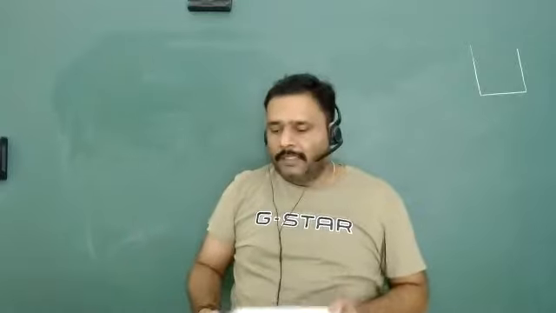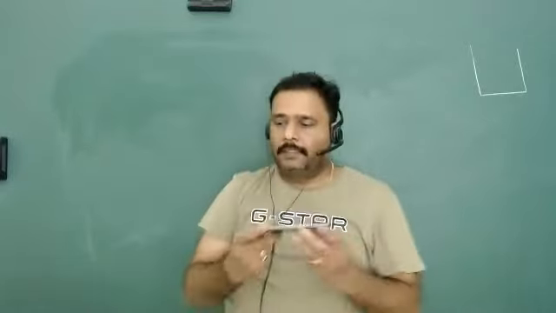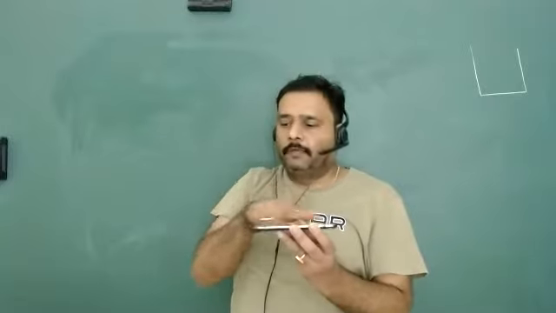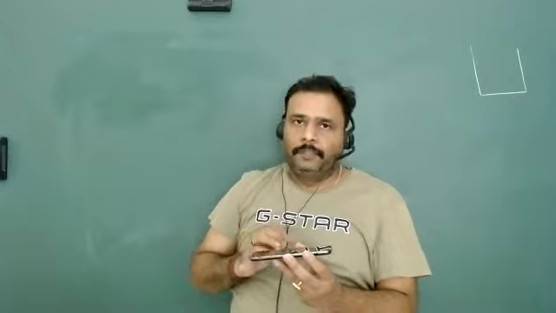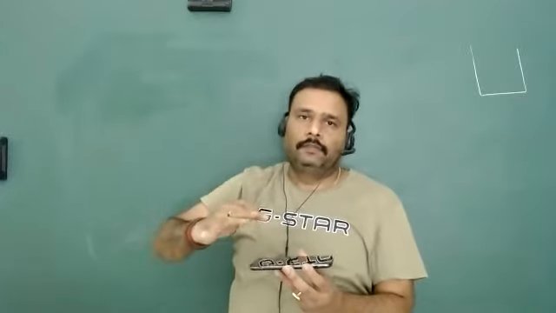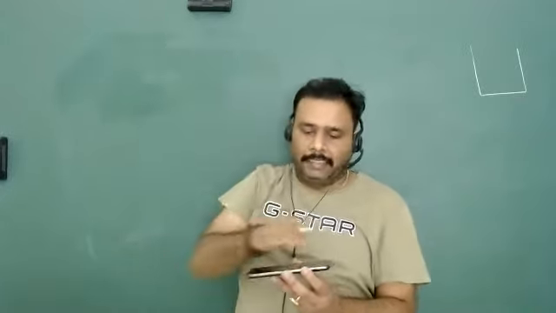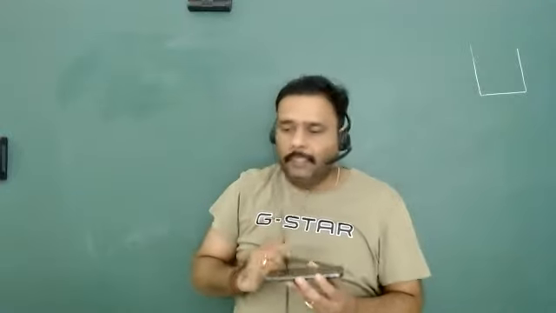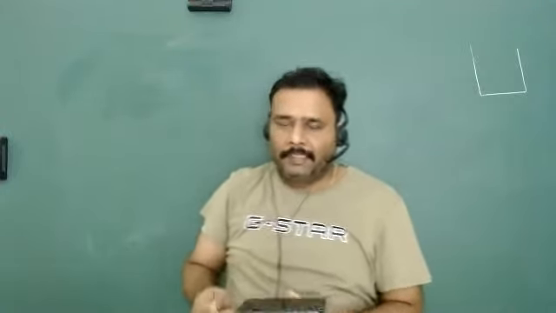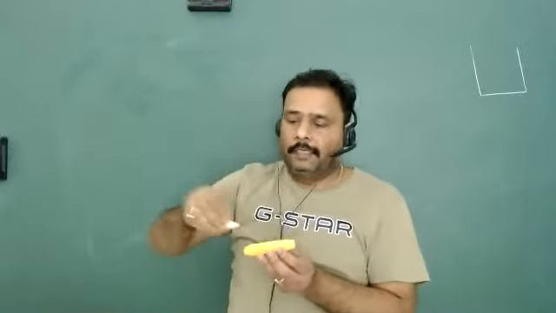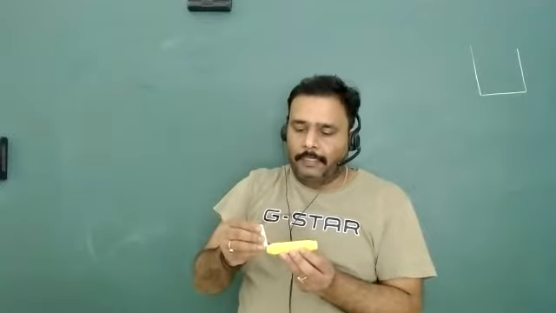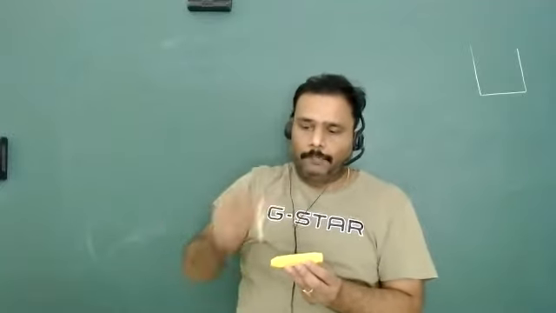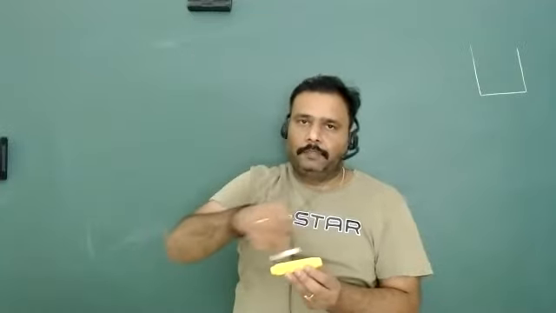What is the meaning of a two-dimensional box? Suppose you are talking about this mobile plane. The particle is moving only in the x direction and y direction, so we have removed one dimension, the z direction, and it becomes two-dimensional. What is the meaning of one dimension? The particle can move only along the x direction, and it is confined, meaning you put a wall here and a wall here, so the particle is confined into this box.